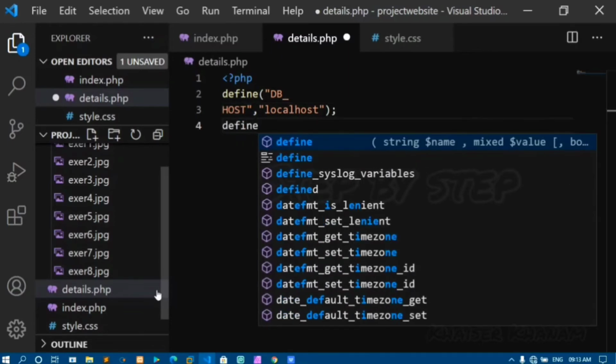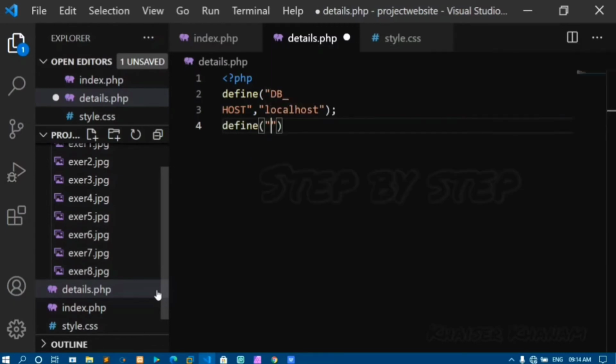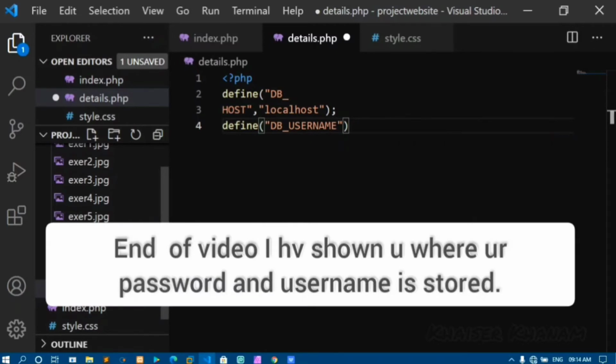Define database username. This you will get, this username and localhost and also password you will get when you install XAMPP. When you set this one, you will be getting this one.